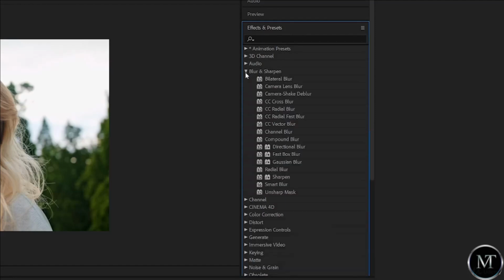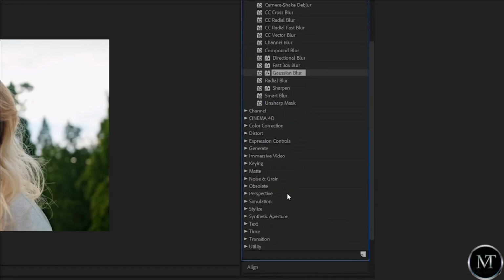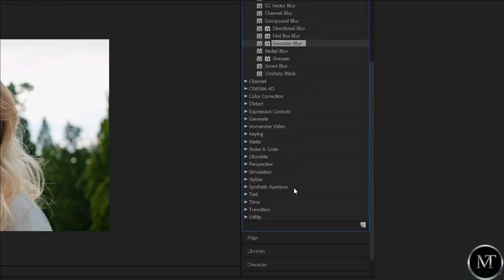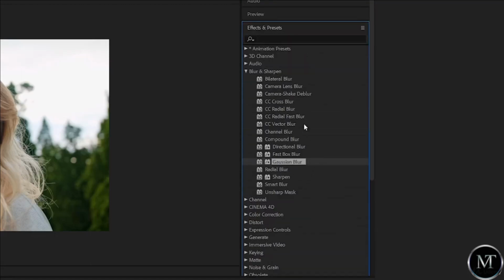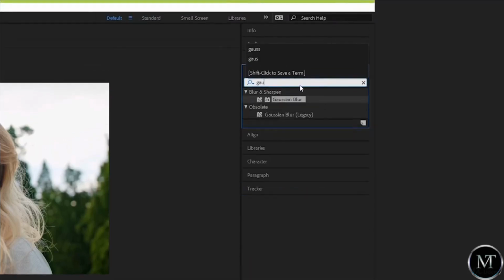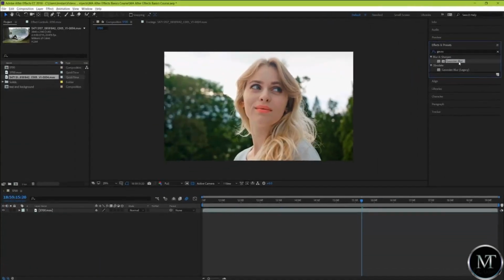You can probably tell that each of these different folders holds a specific genre of effects, and you can easily tell what kind of effects are going to be in each folder. But if we know the name of the effect that we want ahead of time, or even just part of the name, we can type it in here on the search bar, and only effects whose names partially match will pop up. Now that we've found our effect, when we drag and drop it onto our layer here, we can